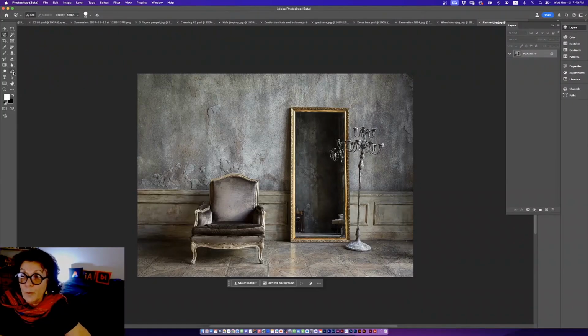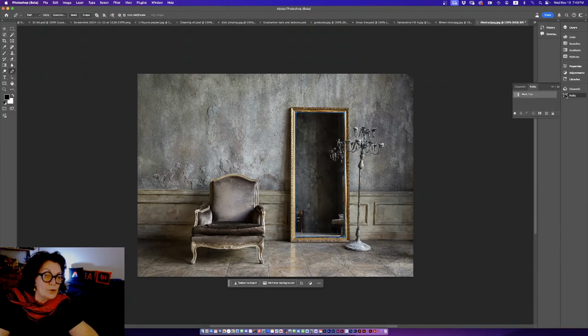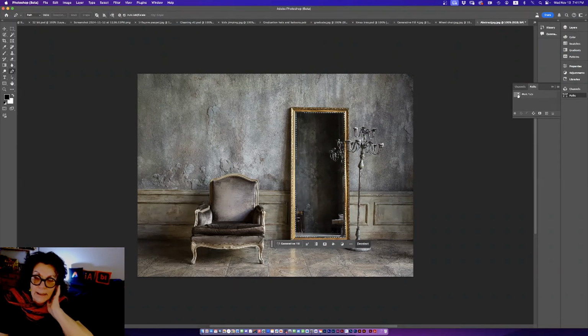And a lot of time I will go to a selection like this. So over here I'm going to the pen tool, and I'm going to go back here to the mirror, and then I'm just gonna go back here, and once I have that I'm going to the path panel, command click on the thumbnail, I'm loading the selection, and now I'm going to go back to generative fill, and then I'm going to say a monster